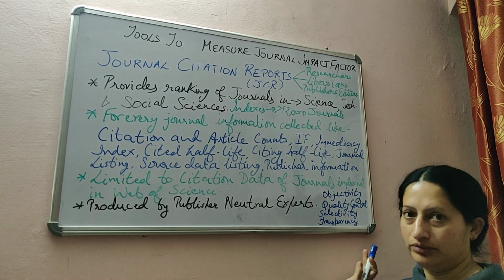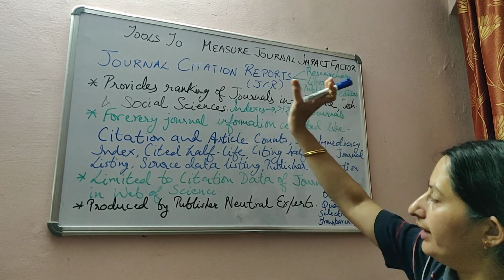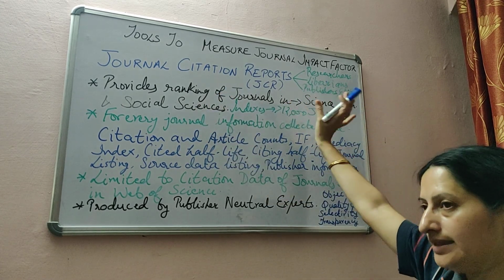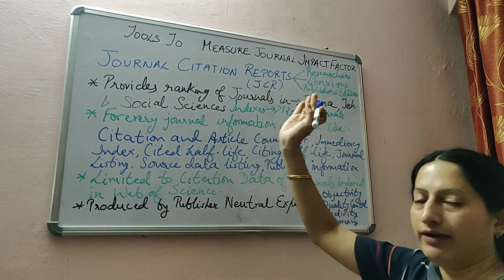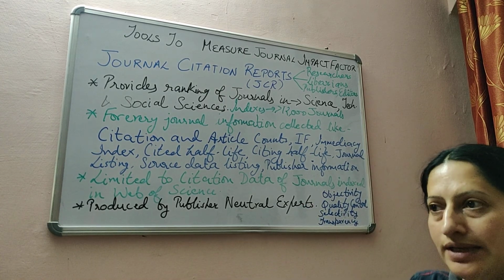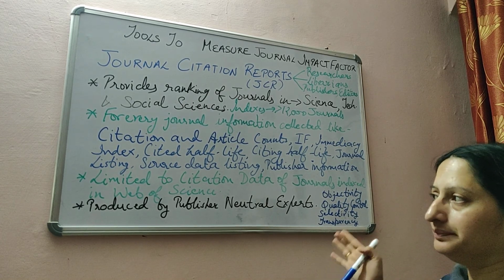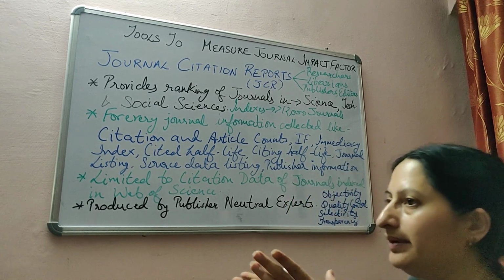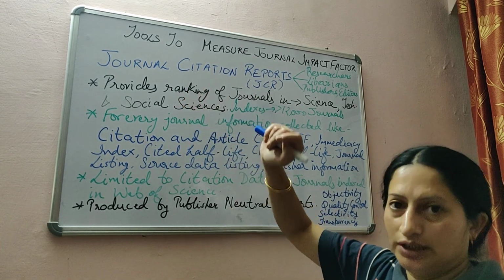Then it is selective. The ranking is given based on science, social science, and technology; the social science impact factor is taken and the science impact factor is taken. So it is selective for science, social sciences and technology. Then there is transparency. Whatever reports are given here are clear to everybody, so it's a very transparent way of reporting about journals.